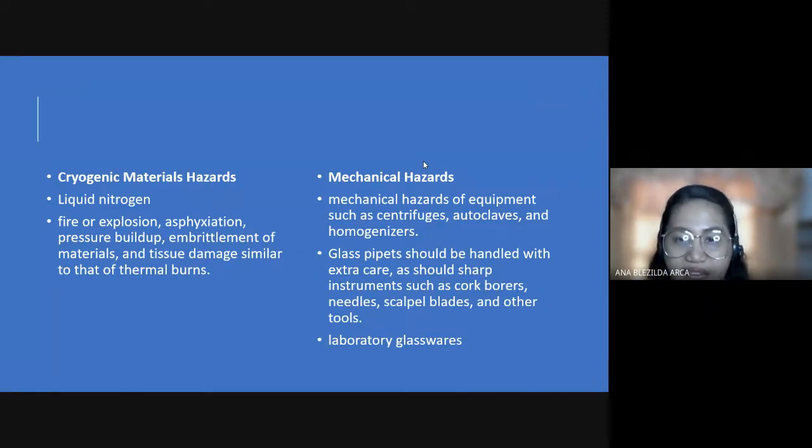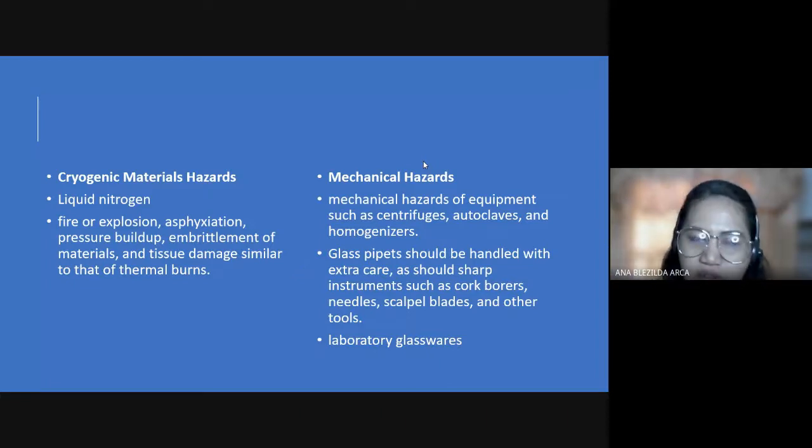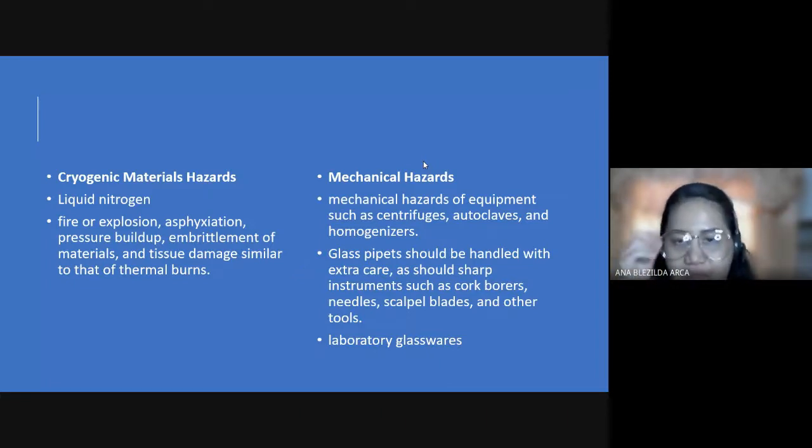Another one is the mechanical hazard, di ba? Example of this one are hazard from equipment such as centrifuge, autoclave, and homogenizer. So anything na pwedeng mabasag, anything na pwede mag-cause ng sugat sa'yo, mechanical hazard yon. Nasugatan ka sa basag na test tube, naipit yung kamay mo sa centrifuge, napasok ka doon sa mainit na autoclave, nasugat ka sa homogenizer, 'di ba? Anything na pwede mag-cause ng injury, that is the mechanical hazard. So example of that, yung mga may sharp instruments such as cork borer, needles, scalpel blade, and other tools, and